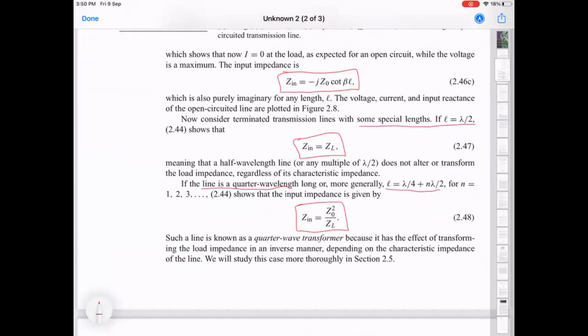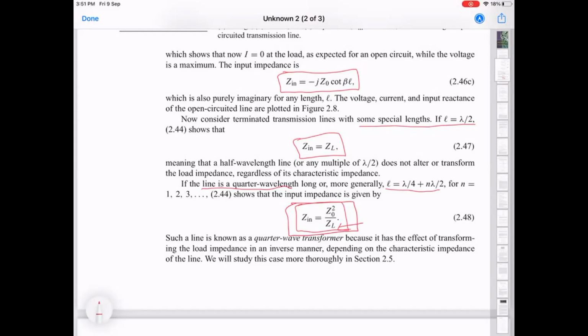So this here is the formula I was talking about. What it's saying is that if you have a load ZL and you have connected a quarter wave transformer to it of characteristic impedance Z0, then at the end of that length L, which is lambda by 4, the new impedance is going to be given by Z0 squared over ZL. So the characteristic impedance of the transmission line squared divided by the original load impedance is going to be